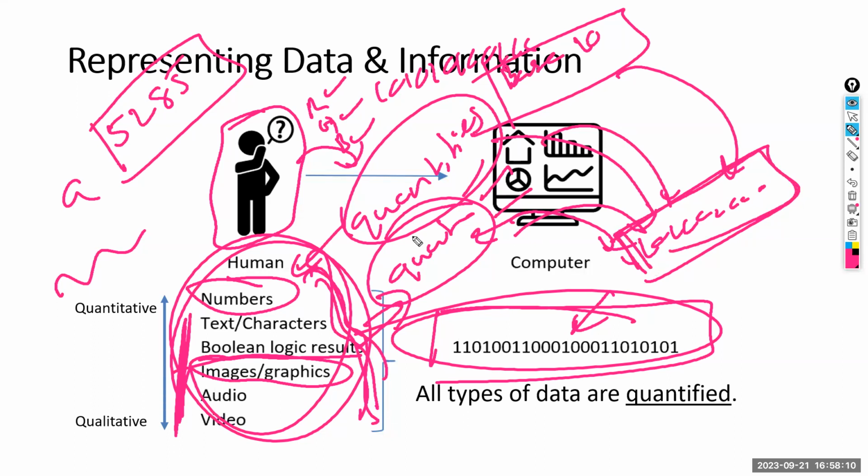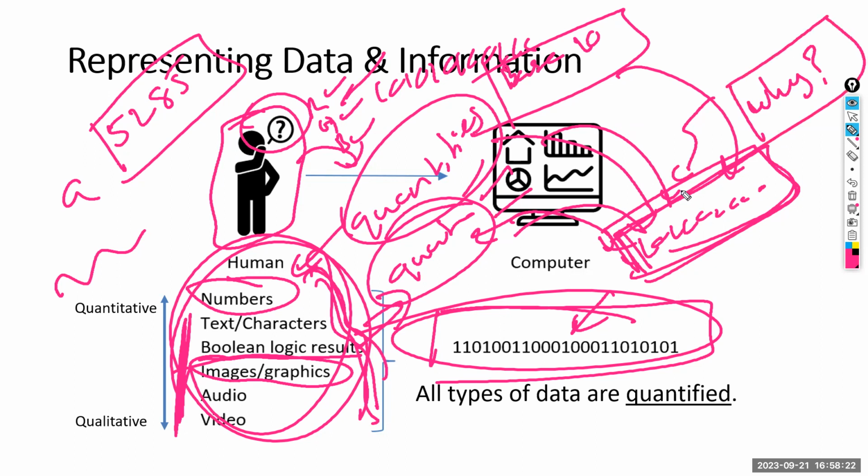Anyone? So we keep data in base 10, but computers keep data in base 2. Now what should be the question? Your question must be, if you are a critical thinker, why? Why does a computer keep everything in binary when we as humans are really comfortable with base 10, and humans have